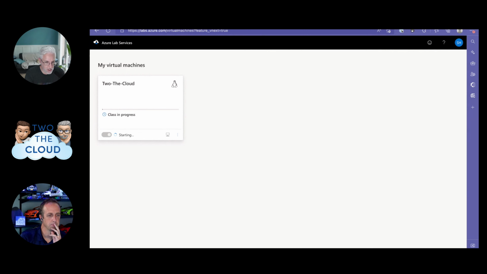So I've configured my template. I've published my template as an admin, as a lab operator. I've created a schedule, so in today's case, just from 12 to 1 p.m. Eastern. And I've made sure that students can use this outside of lab hours. So I've done all that bootstrapping. I made sure that my lab environment was configured the right way. It had SSH and RDP open to it. And I also invited this person as a user.